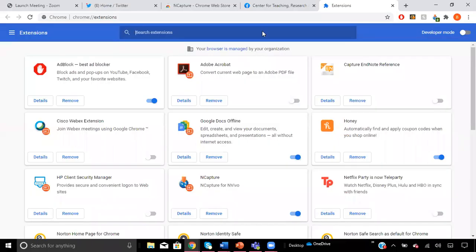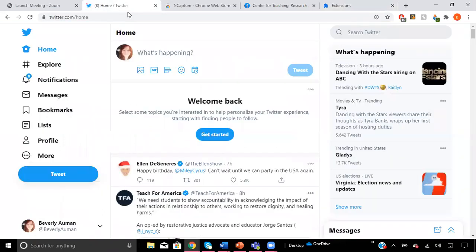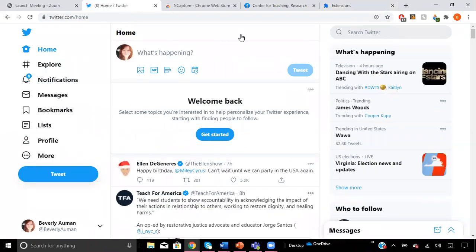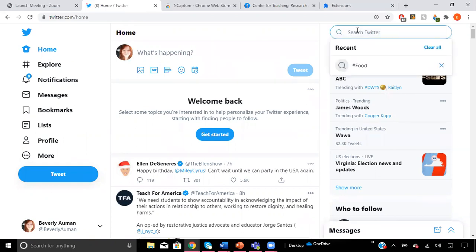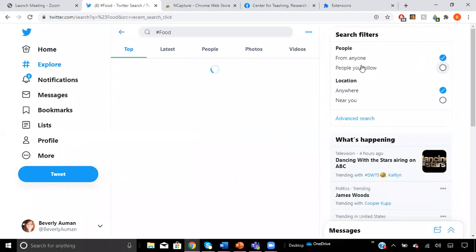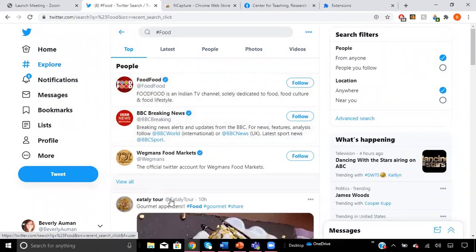Now that we have the InCapture tool, let's use it to pull some data from different social media websites. First we're going to do Twitter, since that's the data we'll be working with later in the tutorial. So for Twitter, you can use InCapture to capture any public data from public profiles. So anything you're interested in, you can search in Twitter. So for the example in this tutorial, I'm going to search hashtag food. And as you can see, a lot of posts pop up.